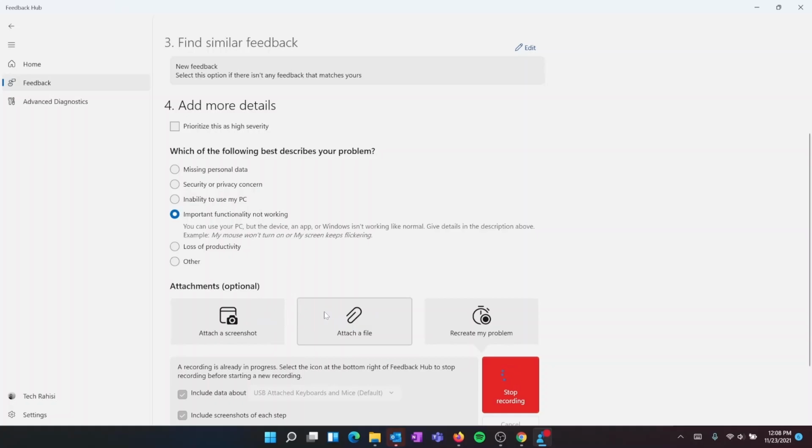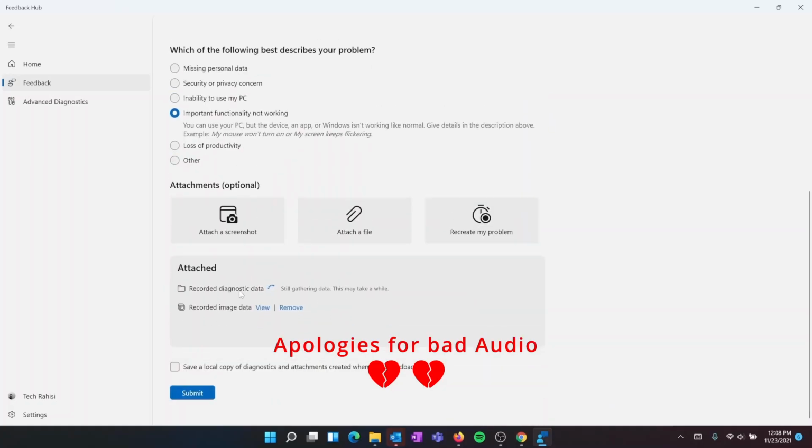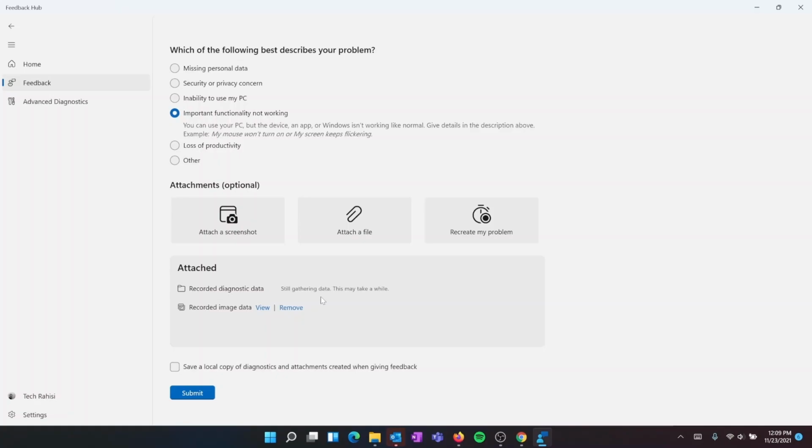And when I stop recording, my recording should be put somewhere here. Yep, there we go. Still gathering data. So the data that Microsoft gathers here is diagnostic data, so that the engineers or the people who are responsible for investigating feedback are able to investigate it better. So we'll just wait. I'll just pause the video until it's complete. So my diagnostic data